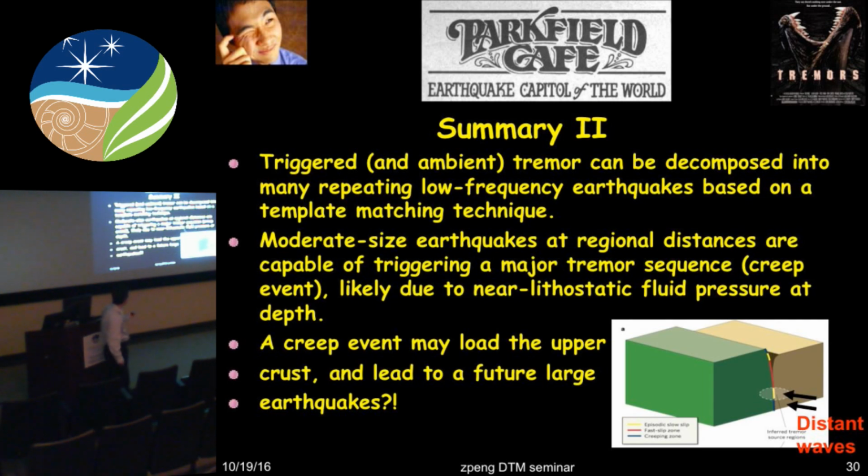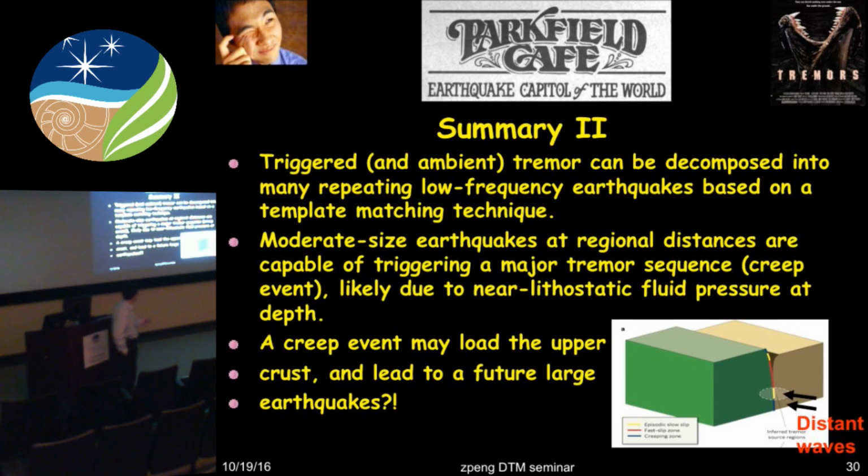In this case, I just gave you a quick example of how a relatively moderate size event, a magnitude 6 earthquake at about a few hundred kilometers, can trigger a major slow slip episode. And the episode lasts for about 1 month or so. So if that's the case, perhaps it tells us that earthquakes are interacting more often than we normally used to think. Previously, we used to think that only magnitude 8 or 9 events can trigger or initiate this